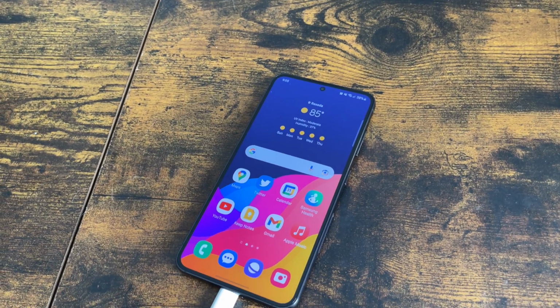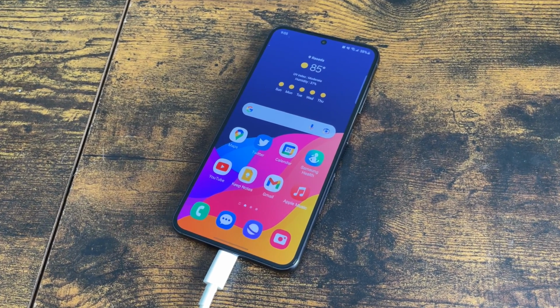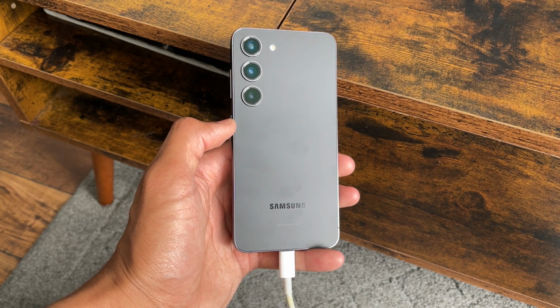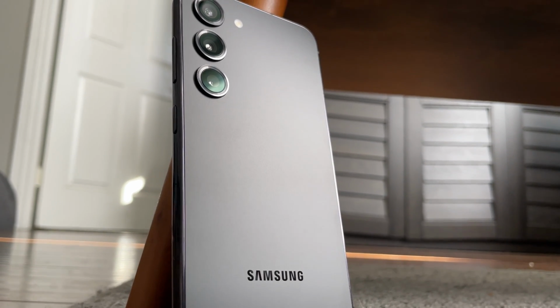And going further into battery, my charging patterns are pretty simple. I mostly charge my phone overnight. There are also times where I will forget to charge it at night, charge my S23 while I'm in the shower, and I will usually get around 80% by the time I got done. So if you are someone who wants a compact phone that can last you all day, the Galaxy S23 is